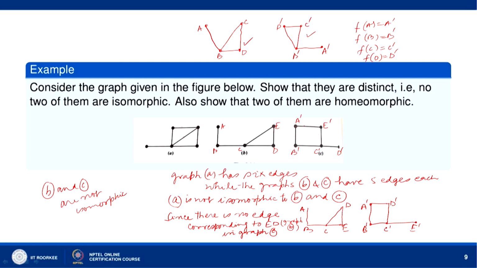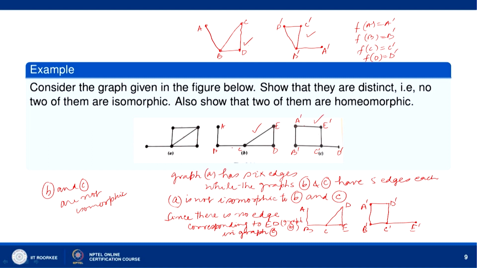C dash. C has degree 2 there, so here C dash has degree 2, here B has degree 3, so B dash has degree 3. D has degree 2 here, so D dash has degree 2 here. So, we can define mapping F which takes A to A dash, B to B dash, C to C dash, D to D dash, and F is a one-one onto mapping. So, these two graphs are isomorphic, and we can see that this graph and this graph can be obtained from these two graphs by taking additional vertices.